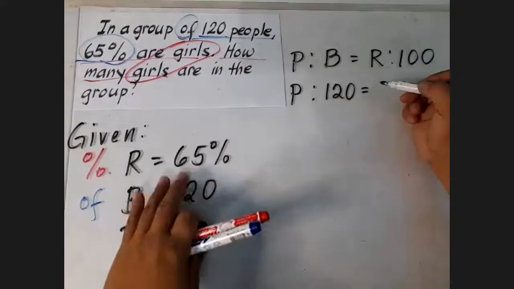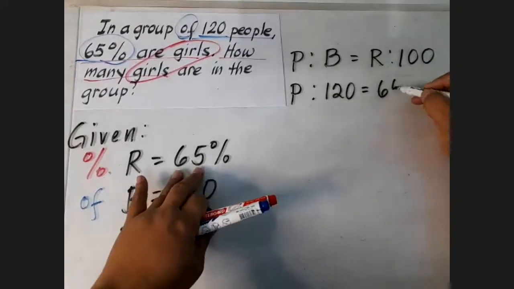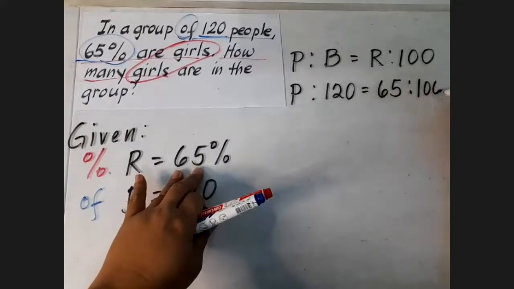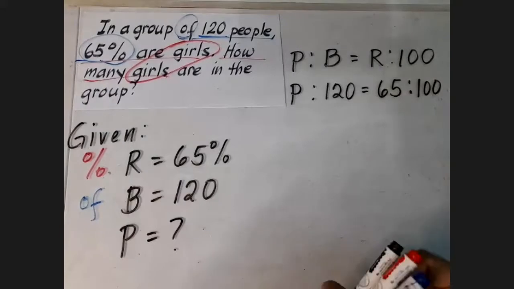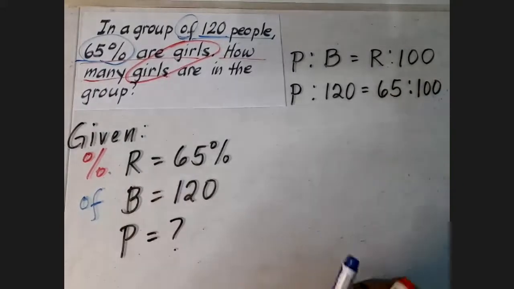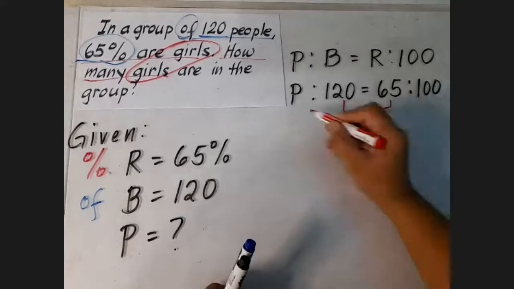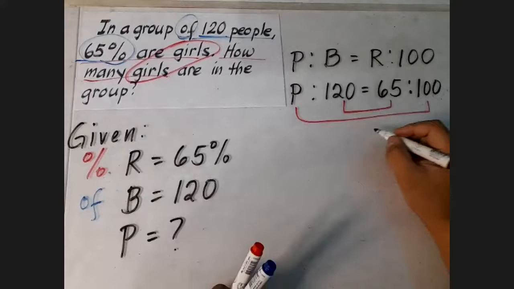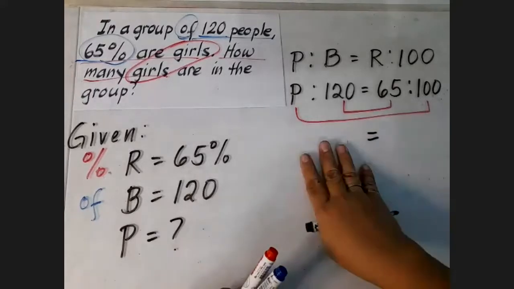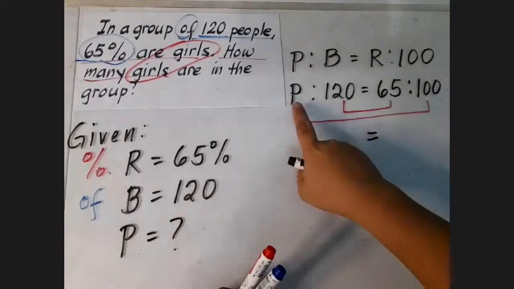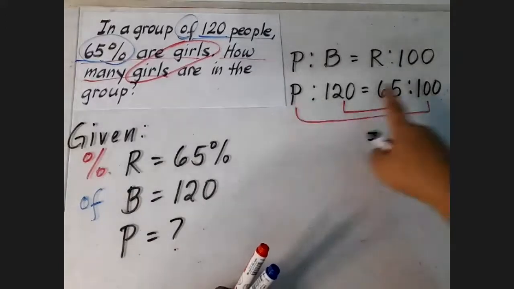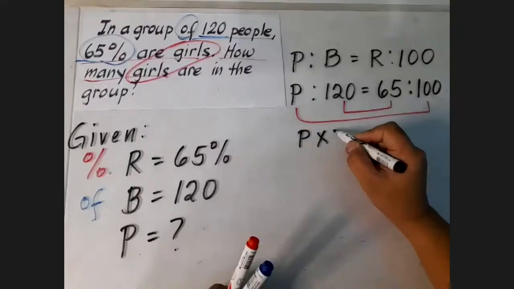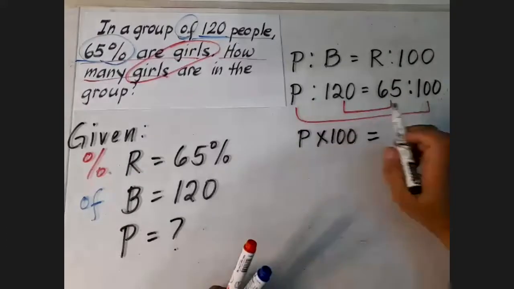Yung R natin, 65. Hindi natin kokopyahin yung percent symbol kasi meron na tayong 100. Then, kagaya ng mga nauna, we get the product of the means and the extremes. And these two products should always be equal. Okay, so ano ang nasa kaliwa natin? Yung may unknown. So this time, yung extremes natin. So it's P times 100 equals 120